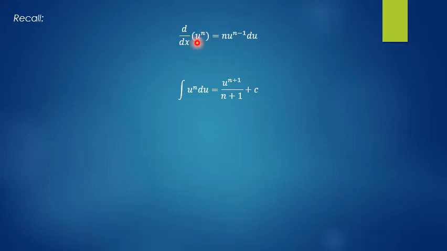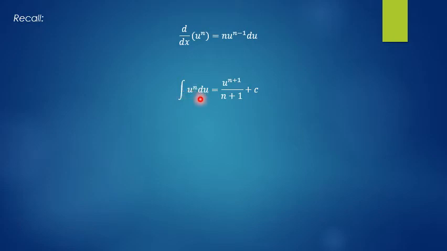So if we are going to get the derivative of that, we get n times u to the power n minus 1, and then we multiply the derivative of whatever is inside the parenthesis. So this du represents the derivative of that function inside the parenthesis. Now, basically, if we are going to get the integral of a function u raised to a certain power n,